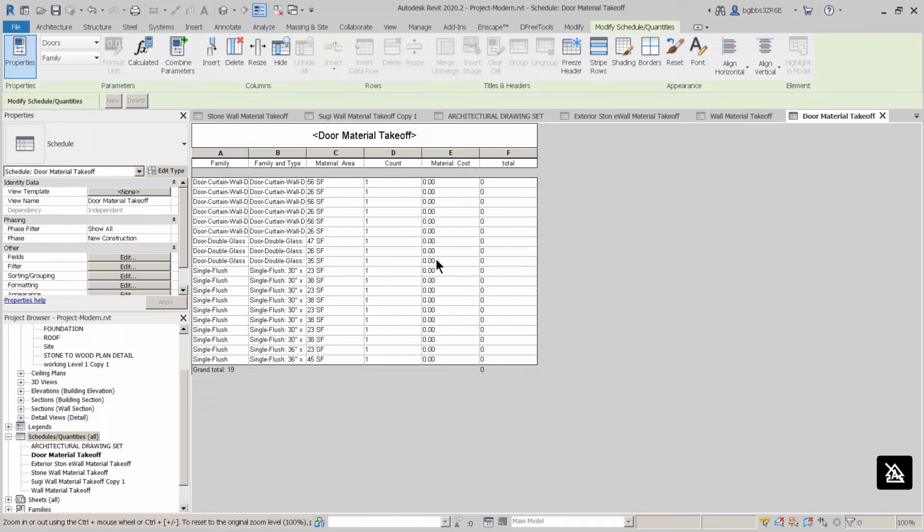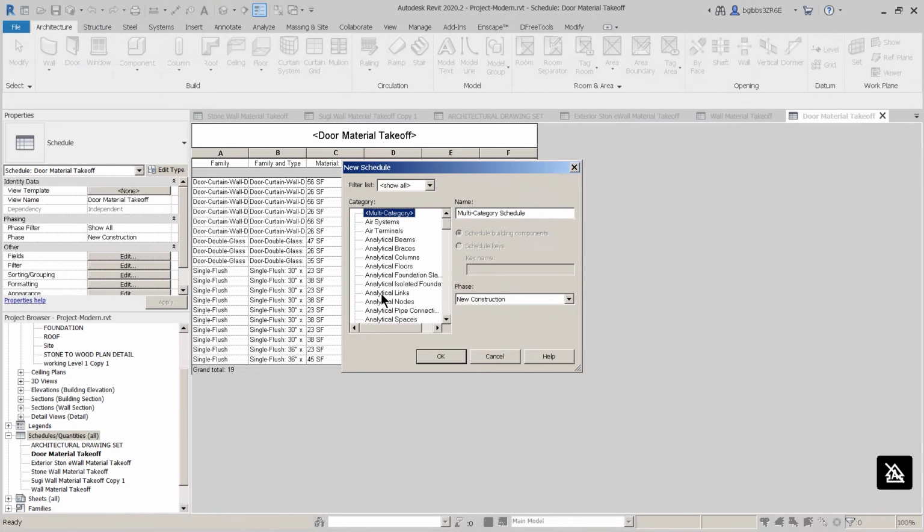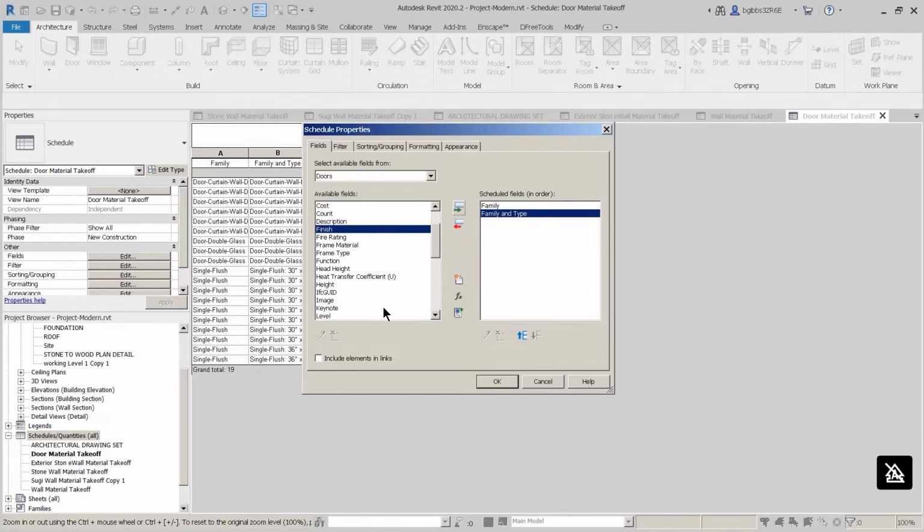We'll make it from the Revit system. This also could be done on elements like windows, fixtures, or unit costs that are not by area. We'd start by saying new schedule and quantities, and this would be for our doors. We're starting from scratch, and we would do similar family and type, but we would also scroll down here and choose things like the cost,